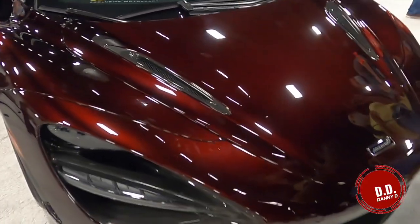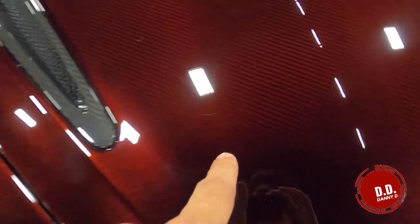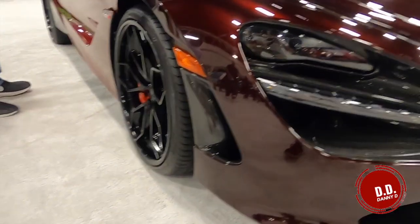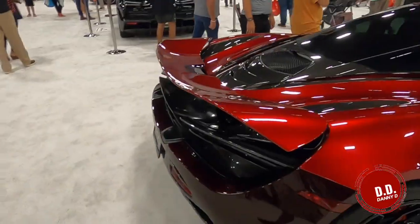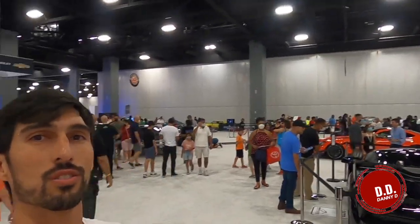Take a look at the paint on this car, guys. It's got some kind of glitter, and you can see the difference here. This is the regular car, and this right here, boom, is carbon fiber. People put their fingers all over it, but this is regular, this is carbon fiber. It's like red carbon fiber weave. Headlights, of course, carbon fiber. The candy red paint goes from like darker to lighter. The paint job on this car is fabulous. And then you see the difference here. It goes back to dark, boom. This 720 is gorgeous, guys,